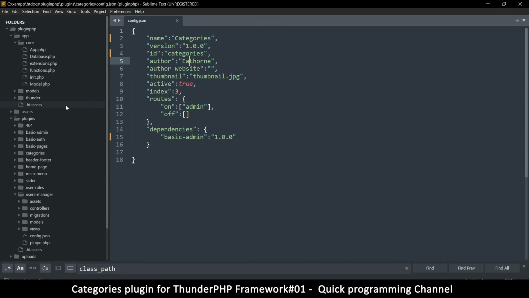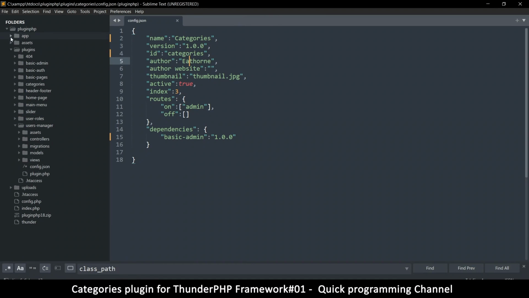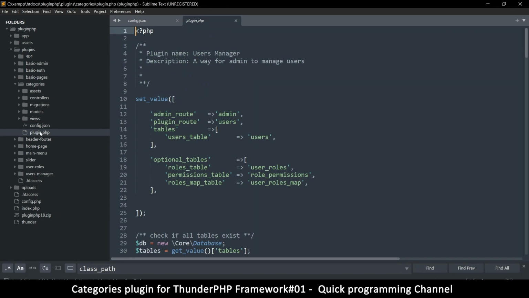All right, so we've edited, let me close this. We've edited inside categories the config file. Now let's go ahead and edit more stuff. With what we have here, I think we're ready to go. Let's go to the plugin.php here. Let's change every reference to users manager, let's say categories,